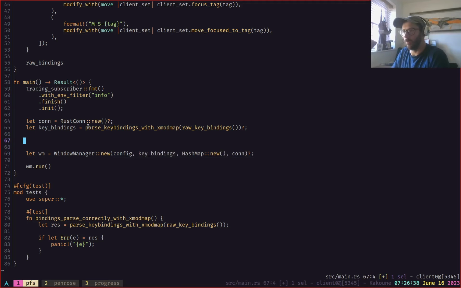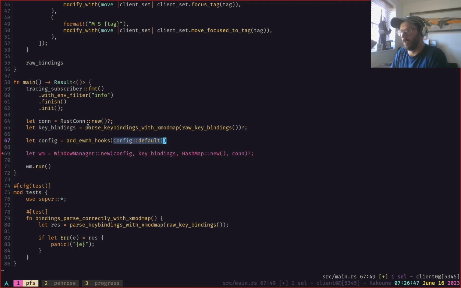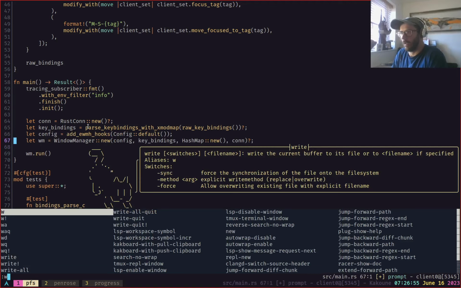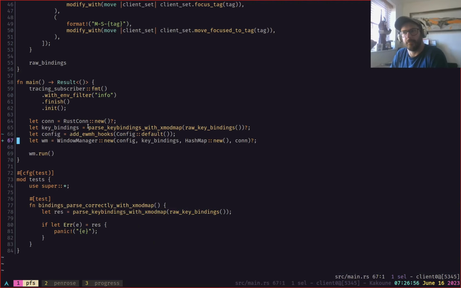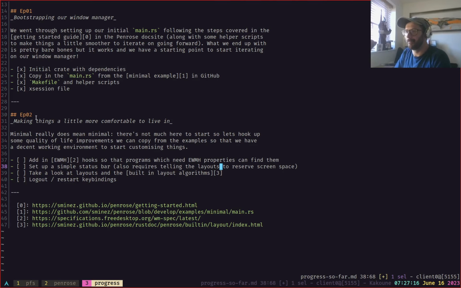So all we're going to do just now is this. We're going to add EWMH hooks. We're going to wrap our config in those hooks, and then we'll drop that into our window manager. And that's it for that one. Like I said, it's one I provide out of the box. You don't definitely want it. I think we do want it, so I'm going to add it in. But if you do want it, you shouldn't have to faff around. So yeah, it's a function call. There we go, hooks added. We made progress. So we go mark it